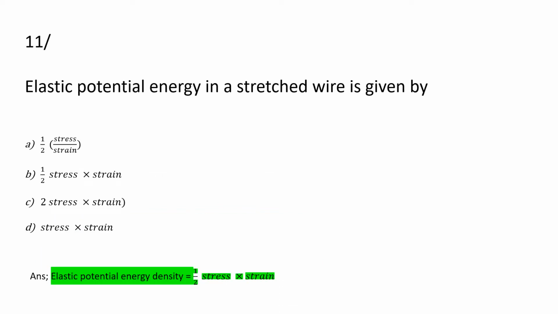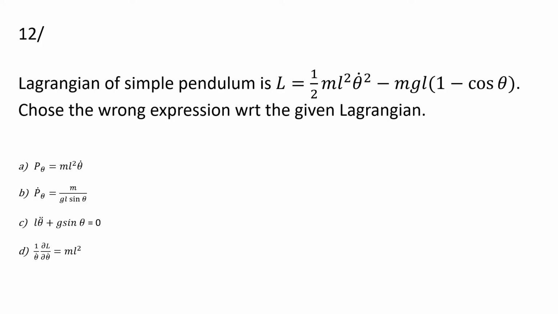And here is the first question of the session: elastic potential energy in a stressed wire is given by, and the options are half stress by strain, half stress into strain, 2 stress into strain, and stress into strain. Actually, the options are given according to the elastic potential energy density. So the answer will be half stress into strain. Then